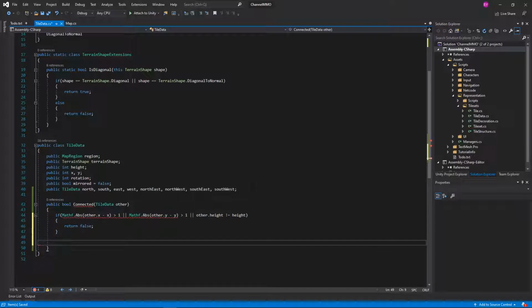Otherwise, for now, and this is a naive approach, otherwise we will return true. Now, I'm aware that that's probably going to cause some false positives, but we'll tackle those as we get to